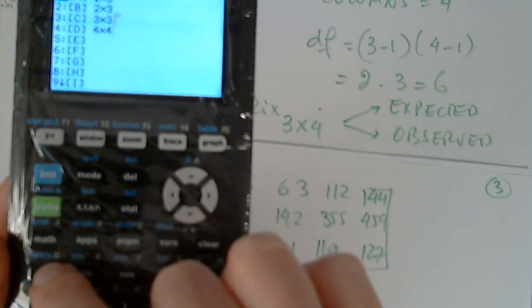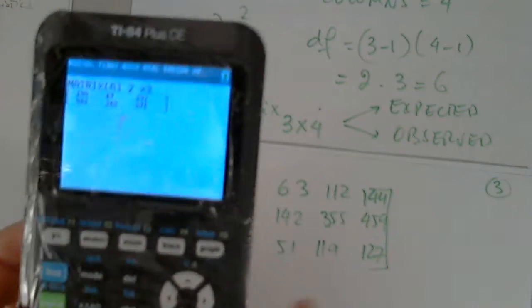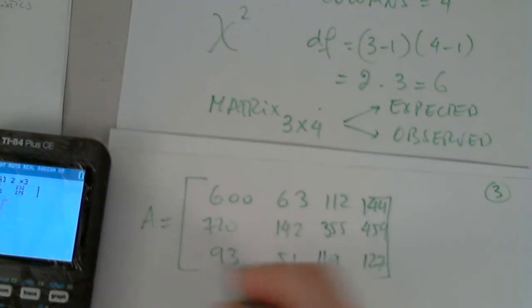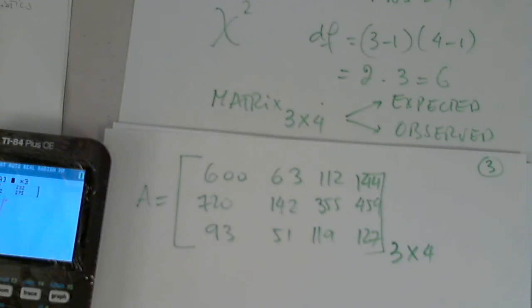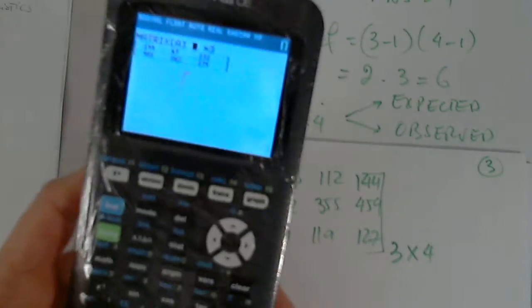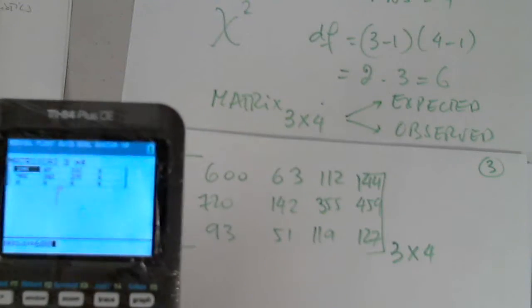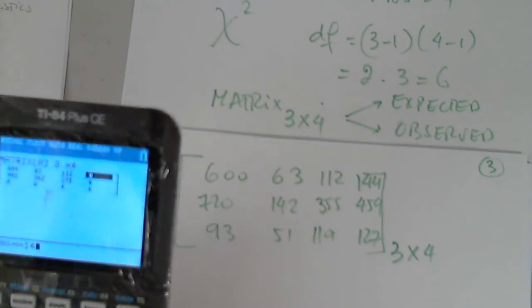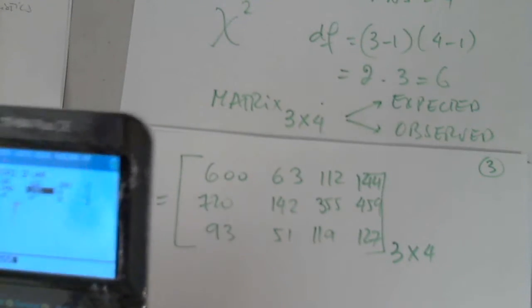And matrix. Scroll to the right to edit. And we are going to edit a matrix that is so-called 3 by 4: 3 rows, 4 columns. So 3, enter, 4, enter. And now we enter by rows. 600, enter, 63, 112, 144, 720, 142, 355,